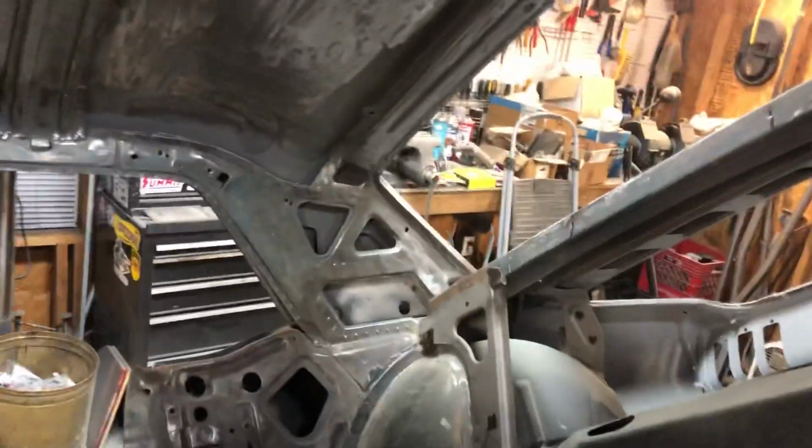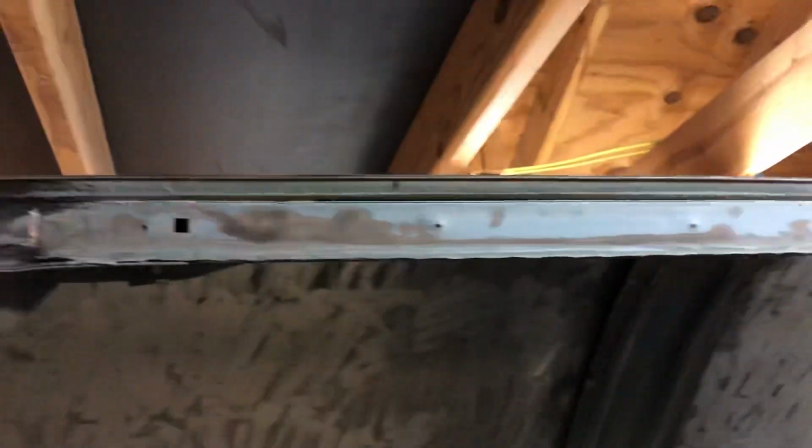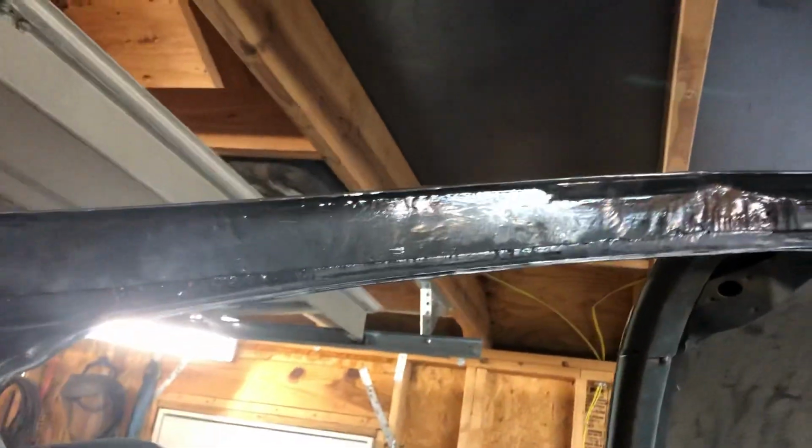Inside was stripped. Those pillars, as that C pillar or whatever, or the sail panel, that's stripped. Where the windows go, stripped. I just kind of wire wheeled inside of this. I'm not going to strip it completely. That was already epoxied and brand new. I had to replace that. So